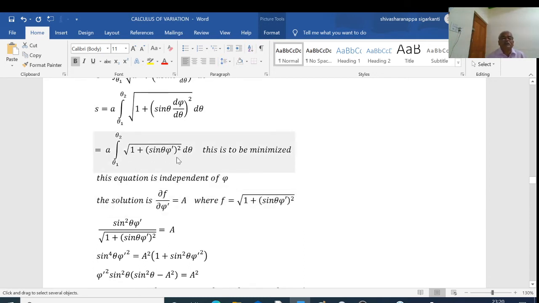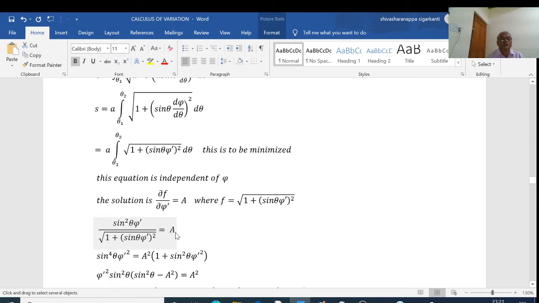My f is this one. Dou f by dou phi dash is equal to, see, differentiation of this root is 1 by 2 root of 1 plus sin theta phi dash square into differentiation of this. This is sin square theta phi dash square. So sin square theta as it is, and phi dash square derivative is 2 into phi dash. Okay, I have to write 2 into phi dash, and here one 2 was there. Differentiation of that root, I am getting the 2 here. That 2, this 2 gets cancelled. I am getting sin square theta phi dash divided by root of 1 plus sin theta phi dash square